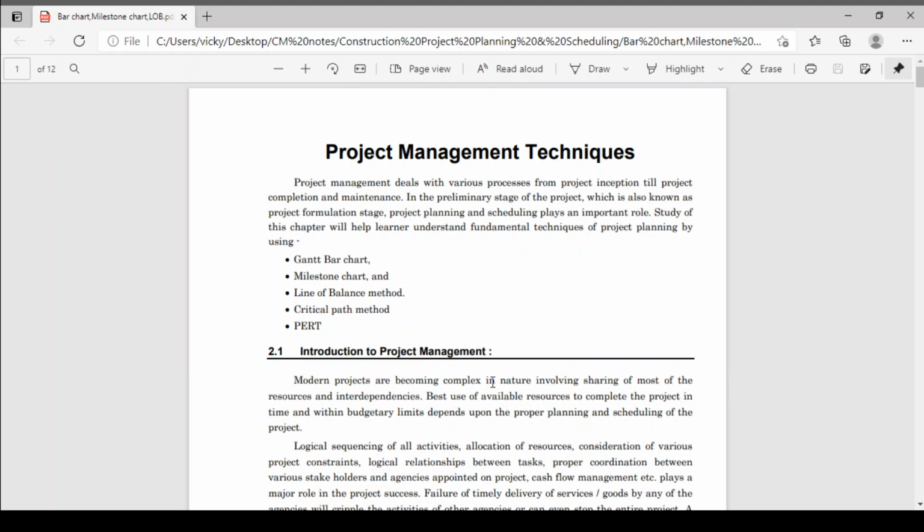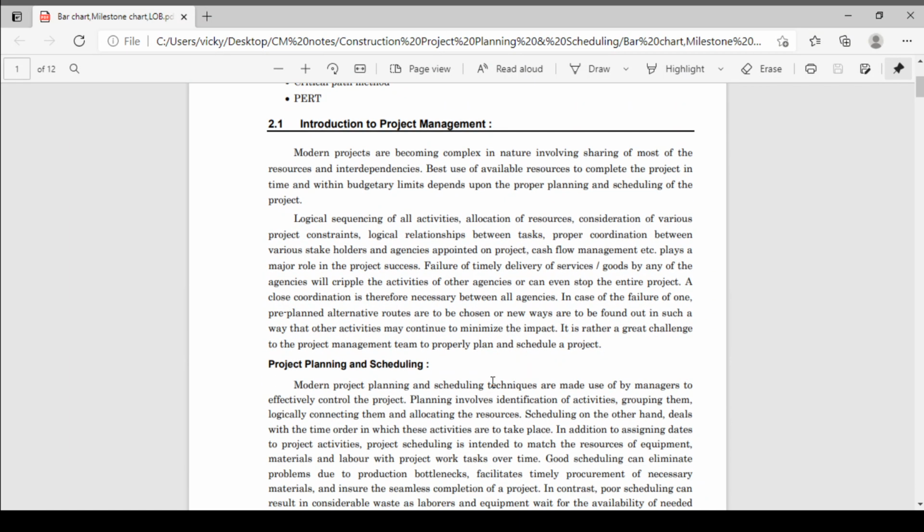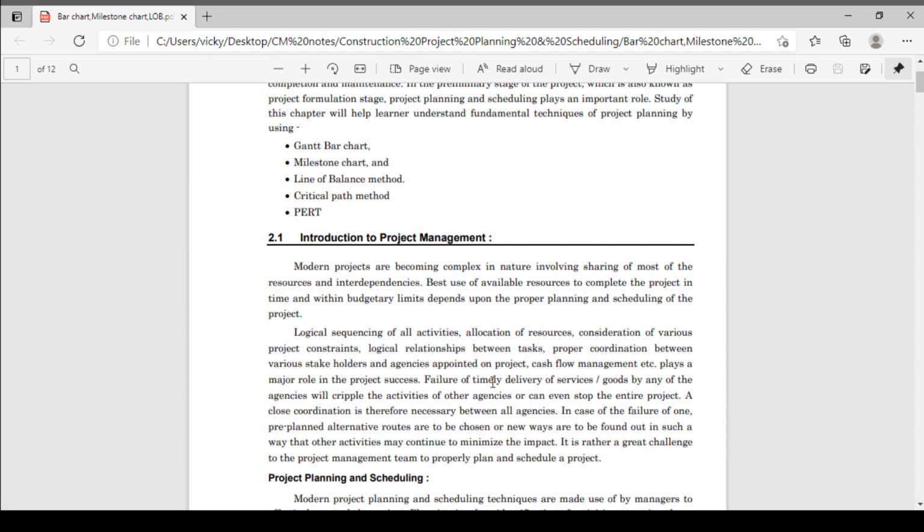Then the critical path method, used for projects which have a deterministic approach. And where there is not a deterministic approach, where the project has a probabilistic approach, means research type of projects which do not have a definite start time or end time, for that type of project we are going to use the technique PERT, program evaluation and review technique. So these are the different project management techniques. We will see them one by one. Now in today's lecture, we'll see what we mean by Gantt chart or bar chart.